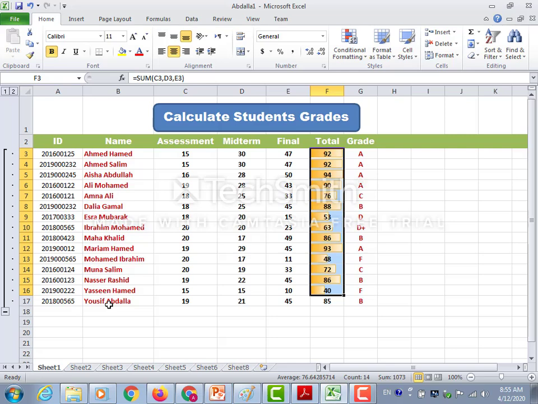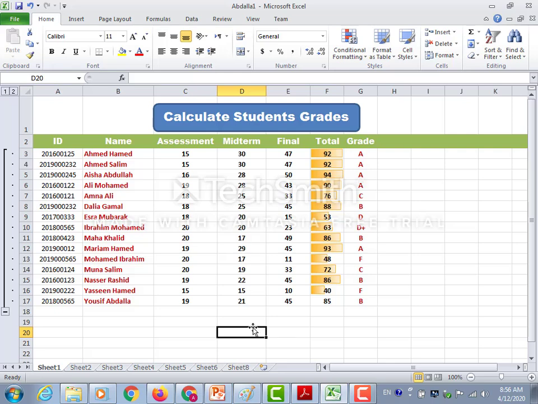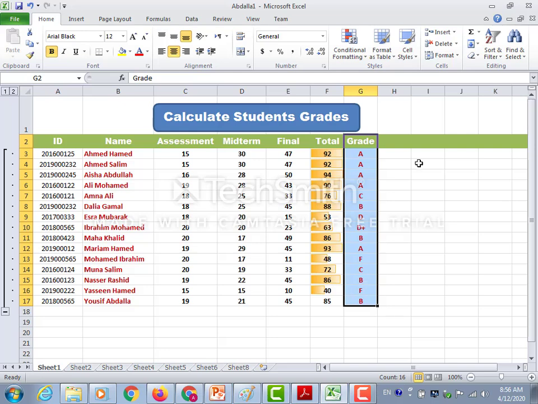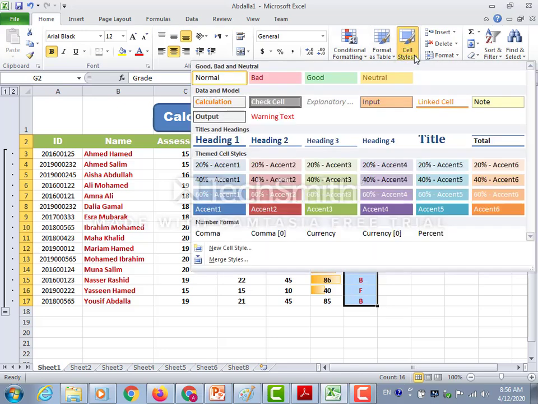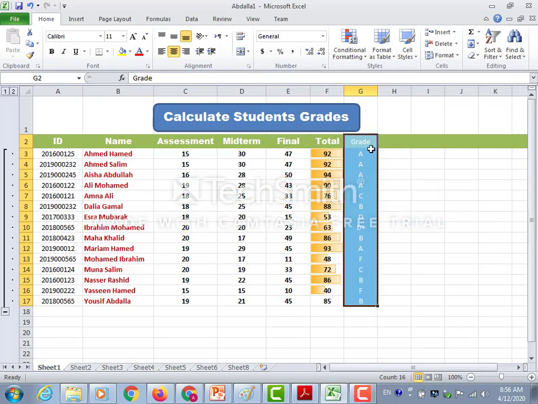The next implementation is cell style. Cell style can be applied to one column or more than one column. For example, I want to apply the cell style to the grade column. Highlight the column, go to Cell Styles, and select the type of the style. For example, I select this type of style. It has been changed to the